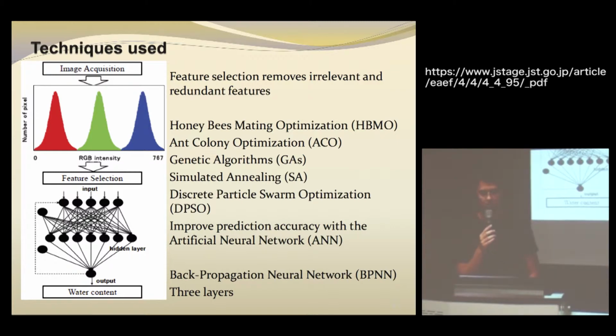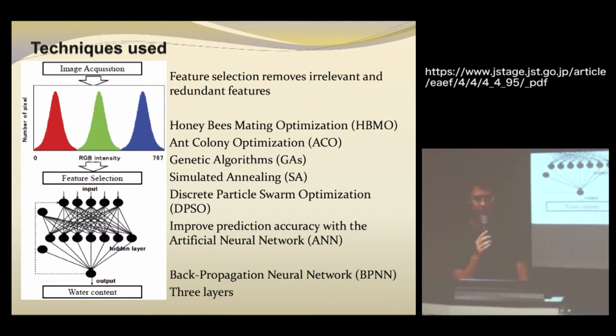This one is simple. It's about natural selection, about genes. There is also the simulated annealing and the discrete particle swarm optimization. All these algorithms are methods to optimize the data before giving it as input to the artificial neural network. In this network, they decided to use the backpropagation neural network, which is just an artificial neural network with 3 layers, the input layer, and